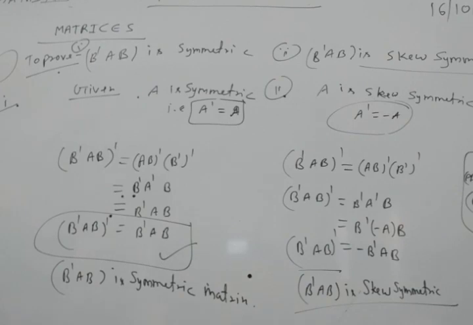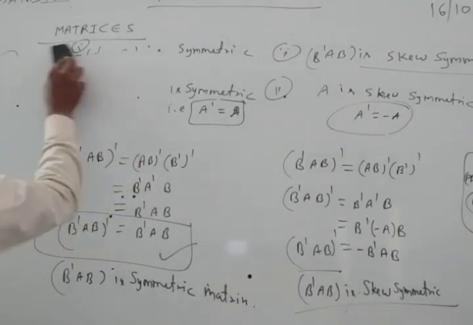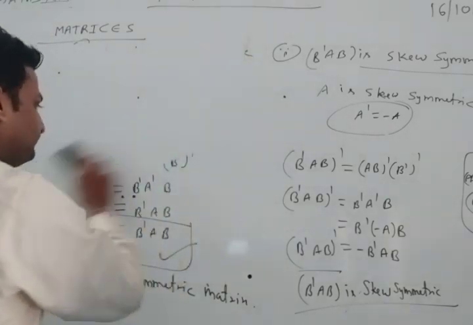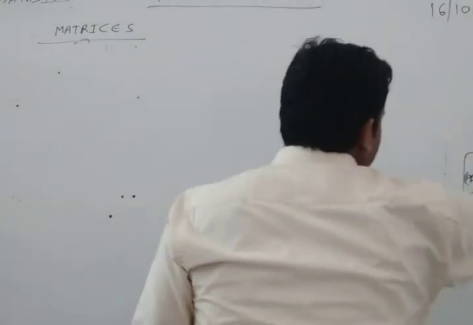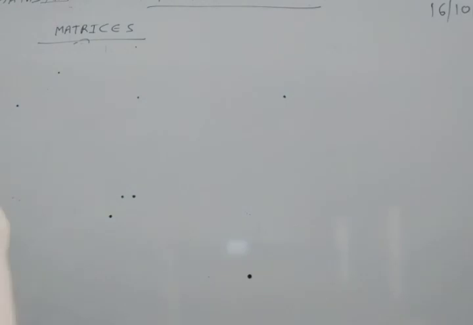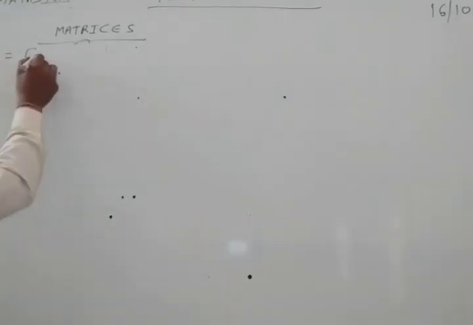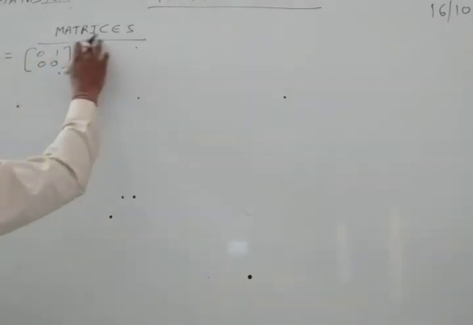So now the next question we will see. The next question is: if A is equal to the matrix 0 0 0 1,